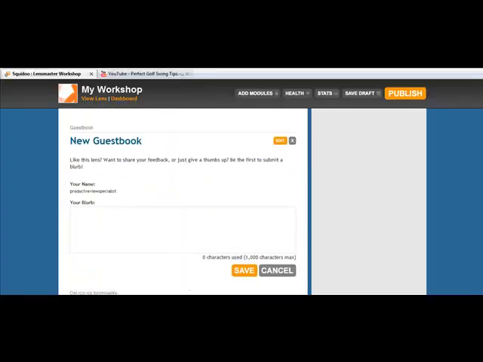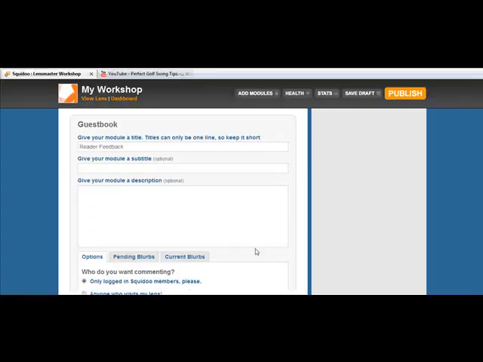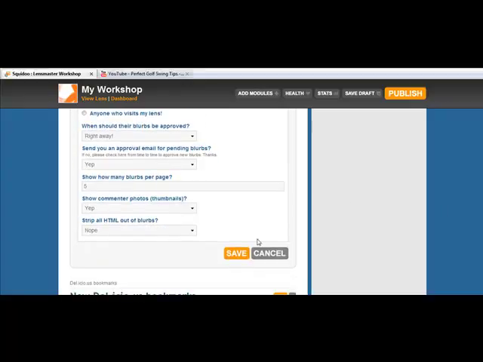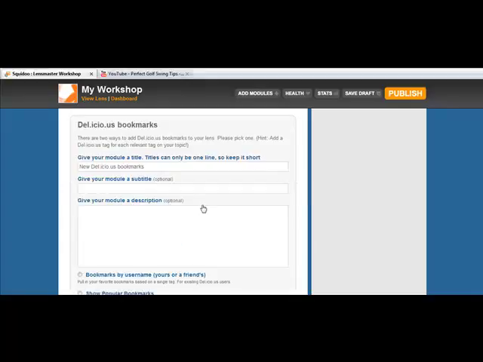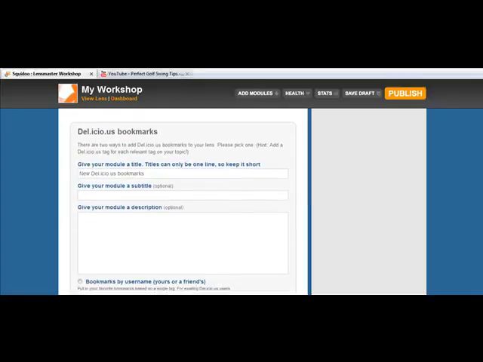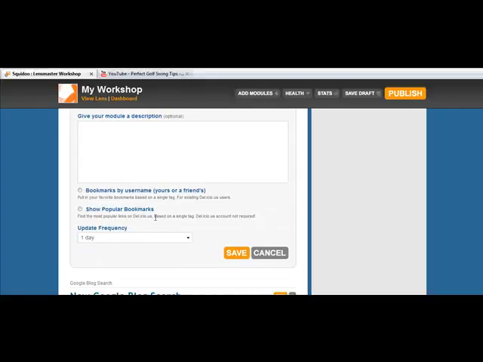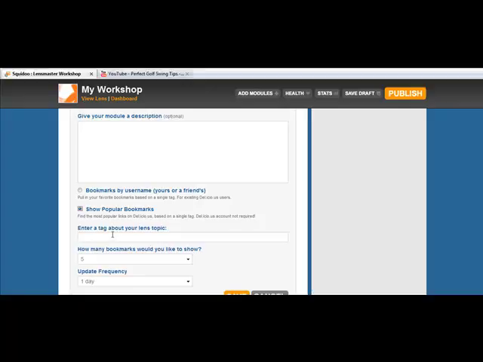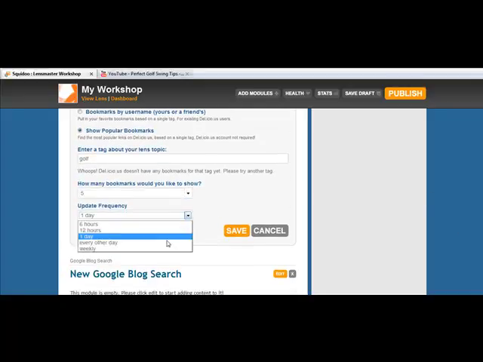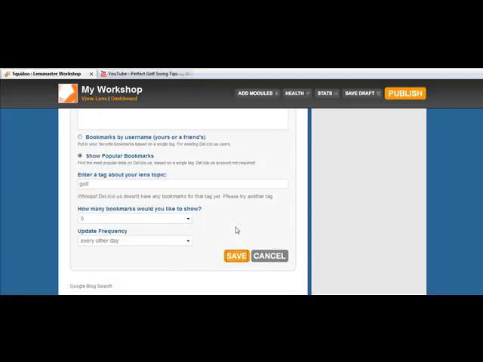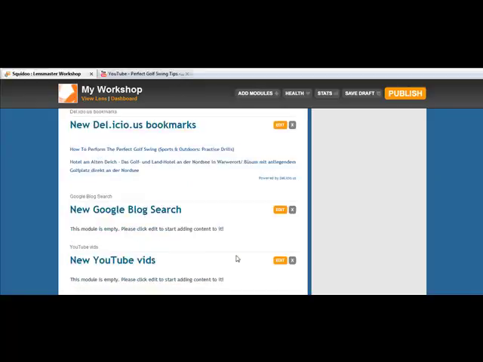And then where it says guest book, you could just choose edit the guest book if you wanted to edit anything in there, and just choose save. And then where it says new delicious bookmarks, this plugin's kind of cool. And a lot of these are very self-explanatory, but basically you could just type in, so basically just show popular bookmarks, and you could say enter a tag about your lens topic. So in this case it's golf, and maybe it's just 5 little tags that I want to show, and I could select to update that every other day and then just hit save, and that will keep some good fresh